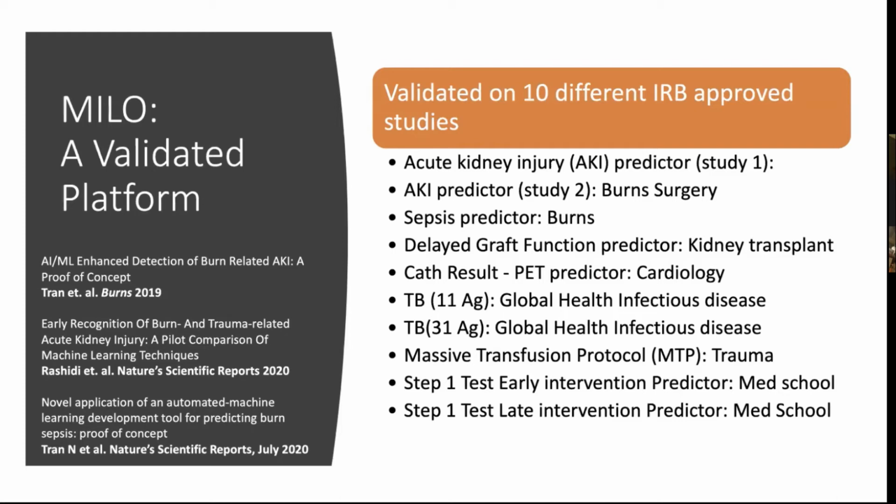And by the way, this is not a theory that we've built here. The models we've built are actually in use. So the AKI model is actually being built right now as a BPA for our burn surgery colleagues, because it's in its third stage, and we've done the multi-center studies on it too. And then this one here is within the medical school administration, where they're using it internally to assess students to see if they need to intervene and help out, about 1.5 years in, the early ones to identify students, and then 6 to 7 months before the USMLE to see if they need to do anything or help out the students in any way. So again, models that are actually used in real world applications.